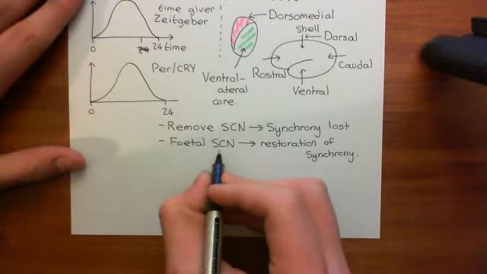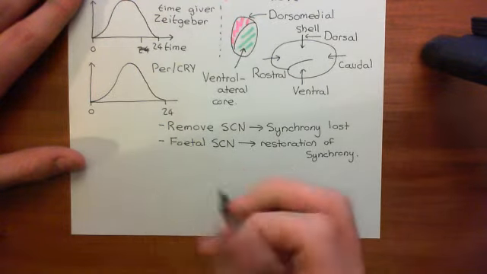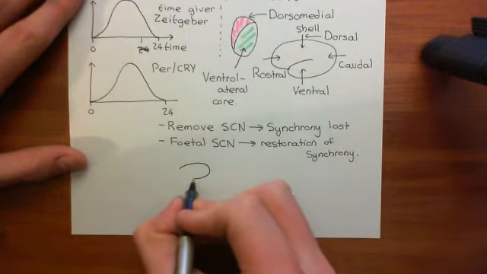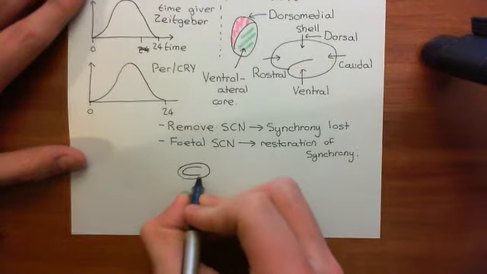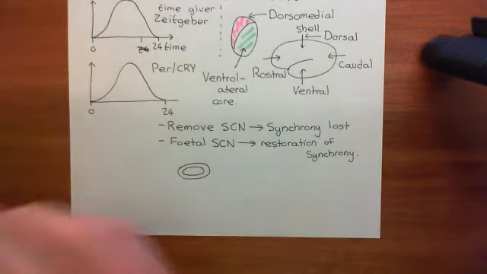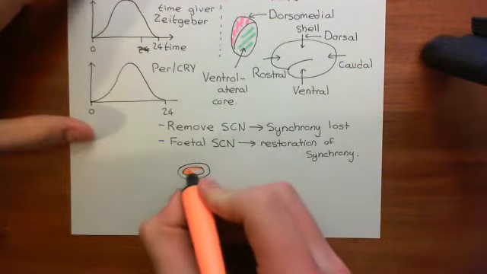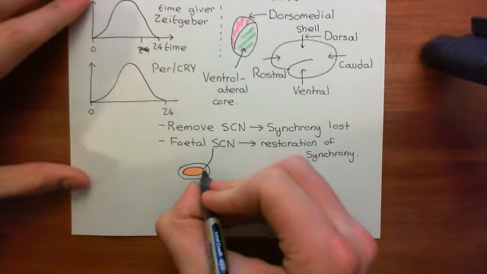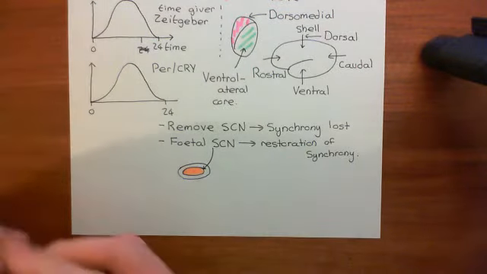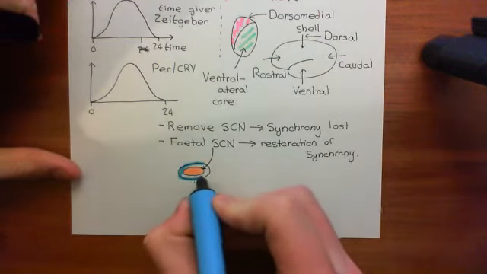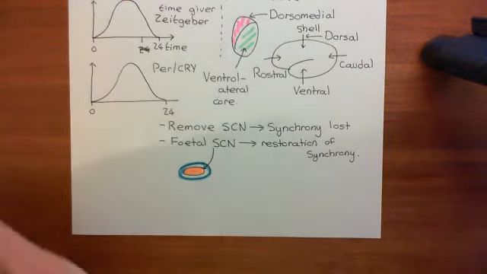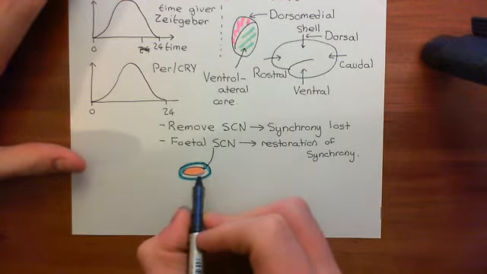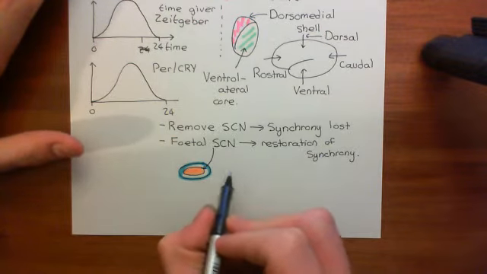you don't just put them in. Instead, what you do is you wrap them in a certain porous plastic. So when you transplant in the fetal suprachiasmatic nuclei material, let's say in orange here, this is the lump of fetal suprachiasmatic nucleus material, you're going to wrap it in a type of plastic shown in blue here. And this will stop the suprachiasmatic nucleus material from forming neural attachments with other neurons within